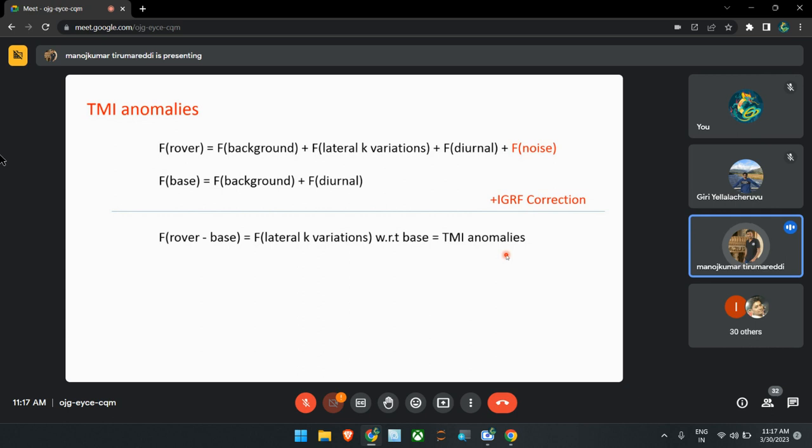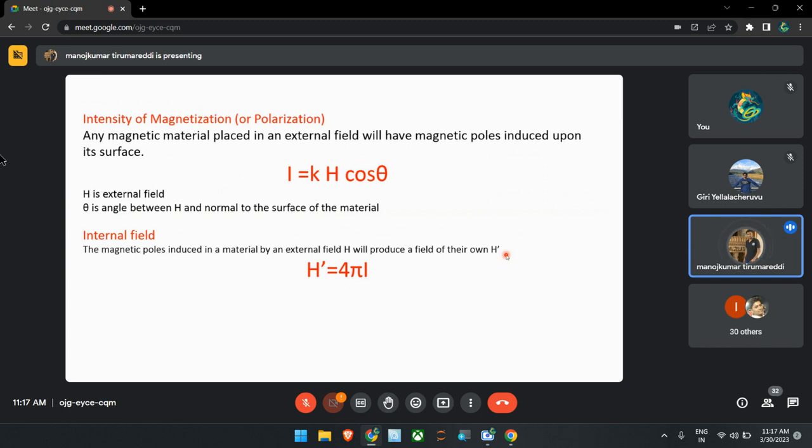Now we have to understand how these TMI anomalies vary with respect to different parameters. So before going to that, we should understand how the secondary magnetic field will generate. Suppose if you put any ferromagnetic material in the external field, some induction, magnetic polarization will take place within those ferromagnetic materials. So dipoles in the ferromagnetic materials will align in that external magnetic field, which causes some magnetization. That is I. Here I is proportional to K, that is, I = K H applied cos theta. Here theta is the angle between the applied magnetic field and the normal to the